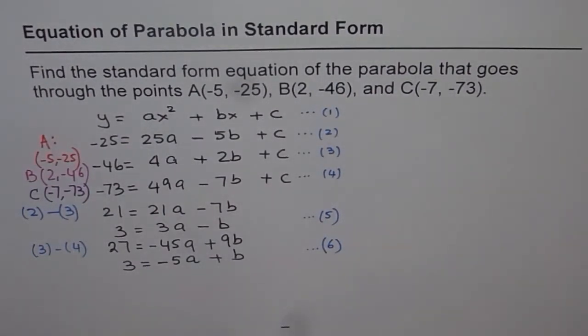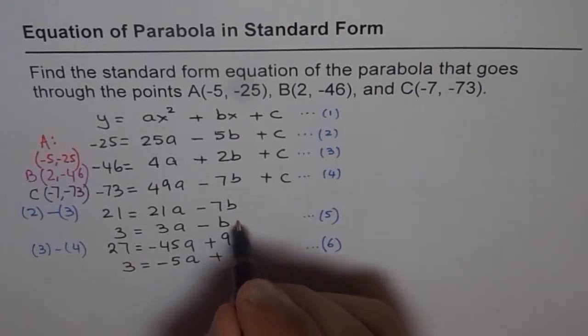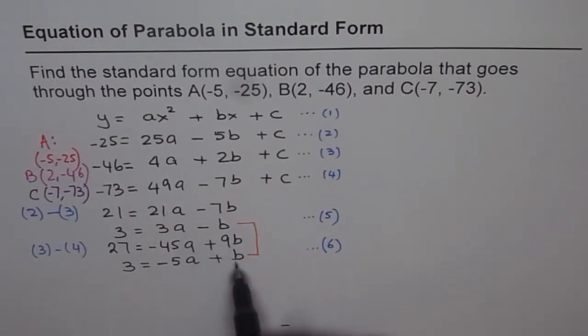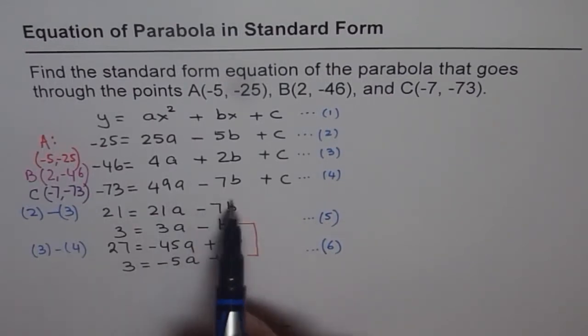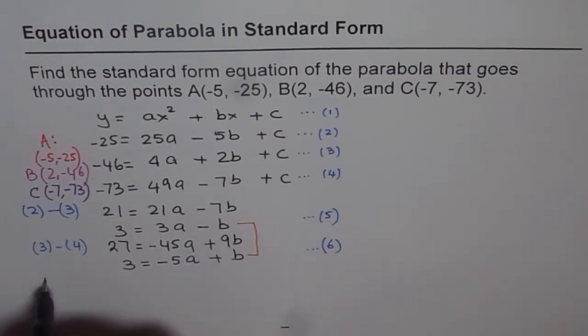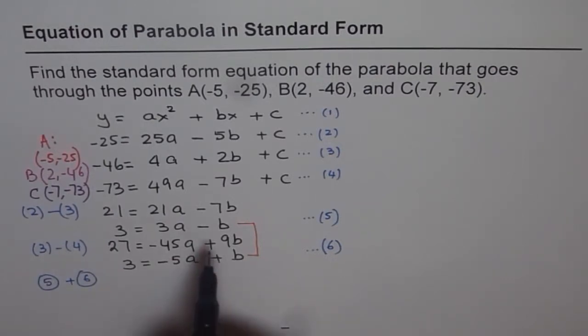So we have equations 5 and 6. These can help us to find the value of a, right? So let's add them. If we add them, we can eliminate b. That is what we call systematic elimination of a, b and c, right? So when we add 5 and 6, with this operation, we get the value of a, and that is,